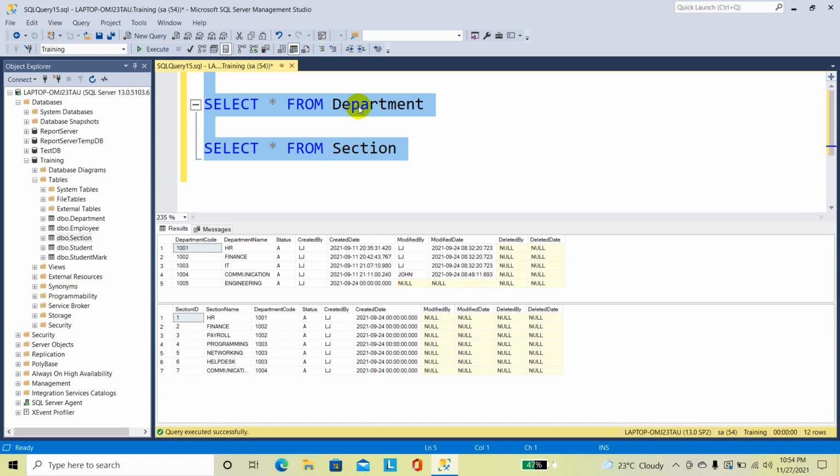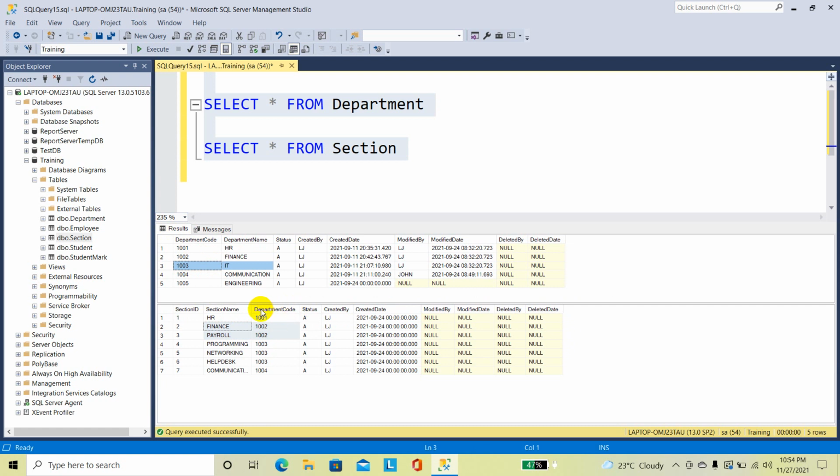Here, both the department and the section table are connected with the field department code. Under HR department, only one section exists, that is HR. Under finance department, there are two sections, finance and payroll.